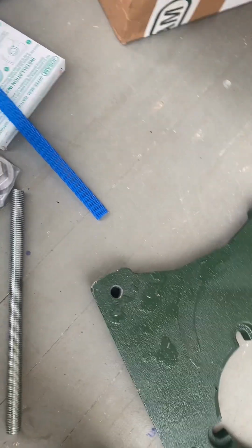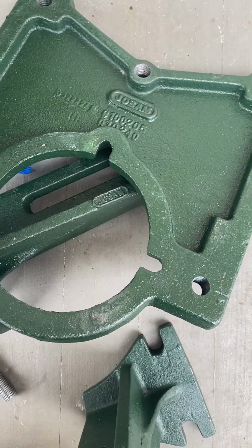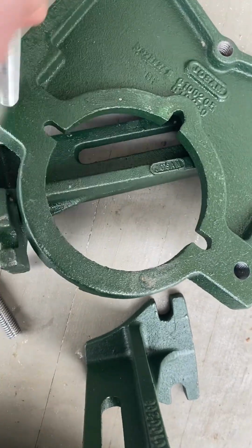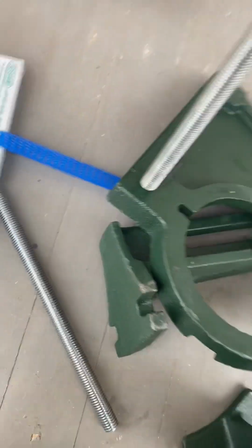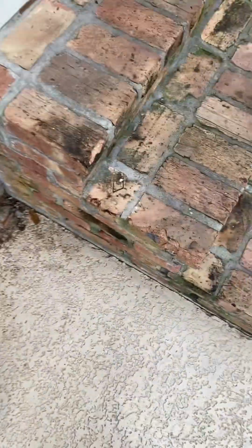This is the carrier for the toilet. I don't know exactly how this goes together, but these bolts don't. Looks like this threads in like that. Sorry if I'm spending so much time on the wall mount toilet carrier, but now let's unbox what I've been